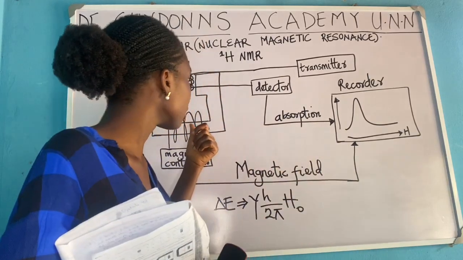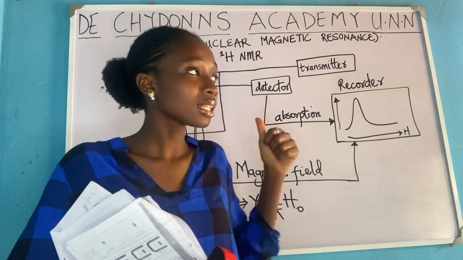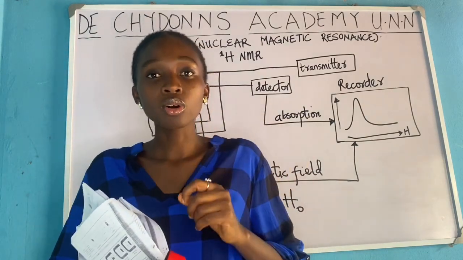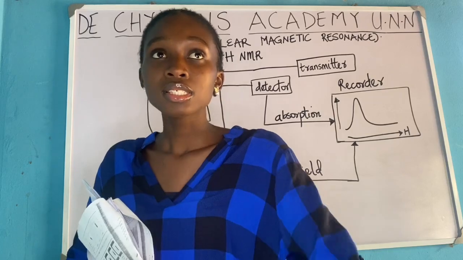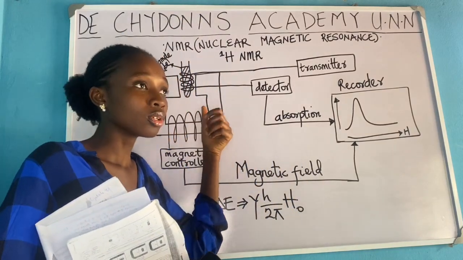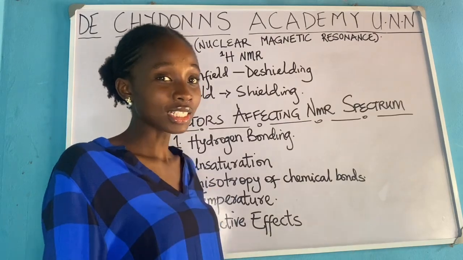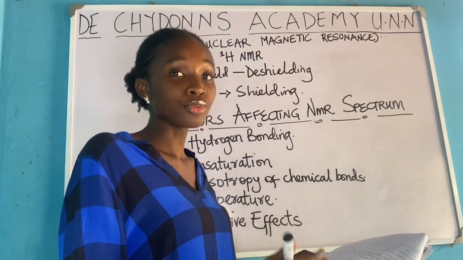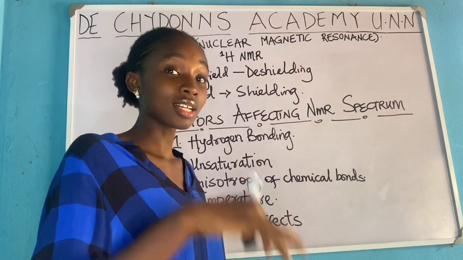So now, likewise here too, you have to add an internal standard, and that internal standard in this case is what they call tetramethylsilane. You have to put tetramethylsilane inside your mixture for your sample. So just like we said, after you have introduced your sample, which is mixed with your TMS, your internal standard,